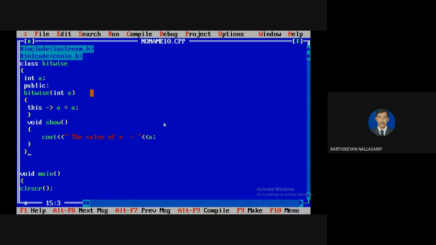Now I'm going to close the class definition, and by creating an object, test whether it works or not. I'm going to create one more object.